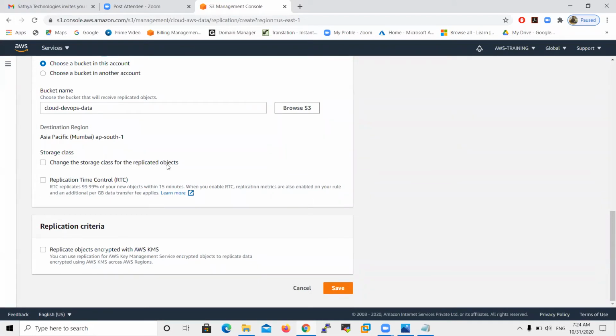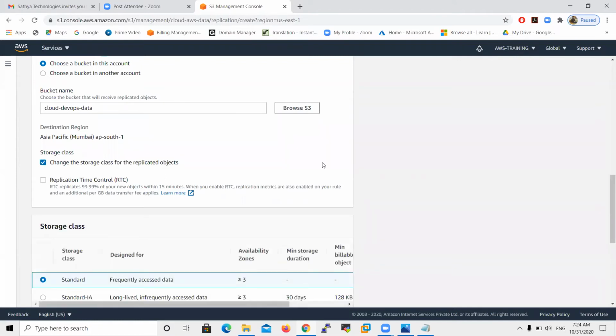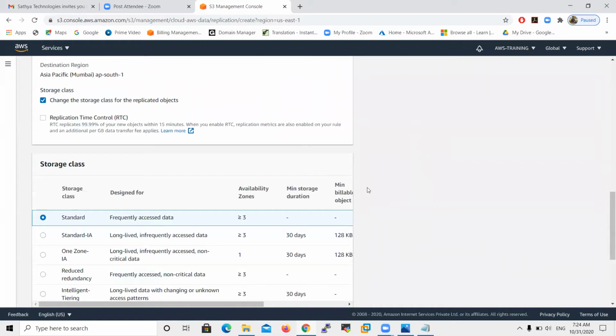But now, even if you create your source bucket with a different storage class, the destination can also choose your required storage class. For example, on the destination side I need One Zone IA. So whatever the source bucket may be, the destination bucket contains One Zone IA only. That is called changing the storage class for the replication.